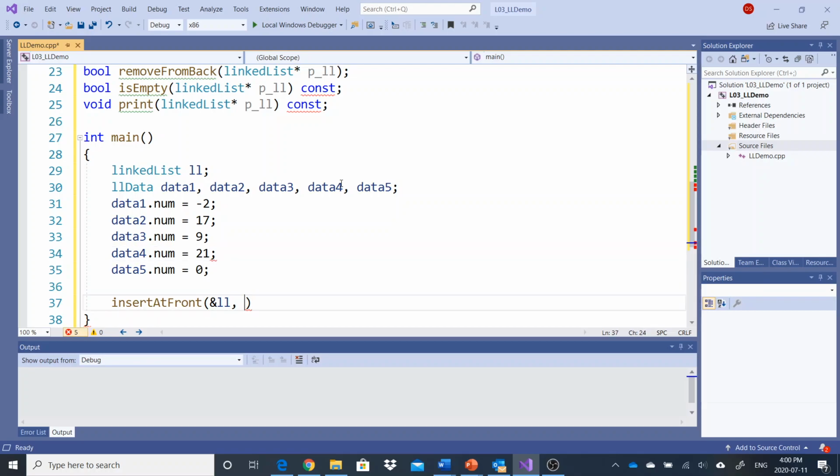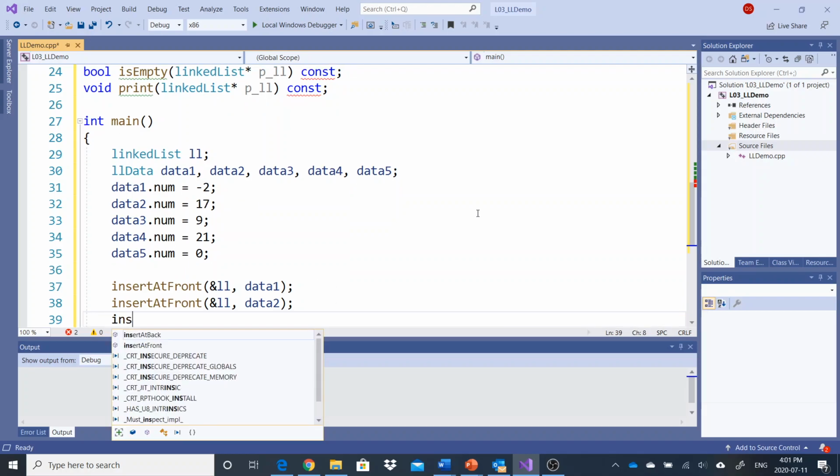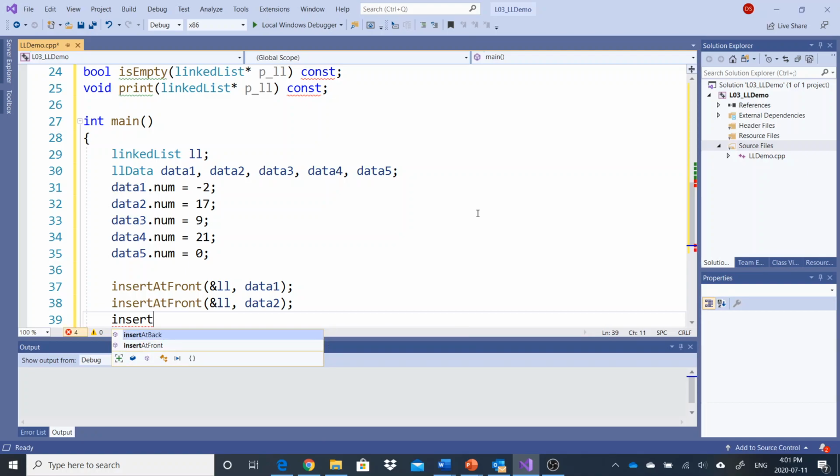Okay, I'm going to insert at the front. I'm going to insert data 1. Okay, I'm going to insert at the front data 2. So what's going to happen if I insert data 2 after data 1? It means the order in my linked list will be data 2, then data 1, the data 1 node afterwards. So I would expect to see, in terms of the numbers being stored, 17 and then a -2 afterwards. I'm going to insert at back